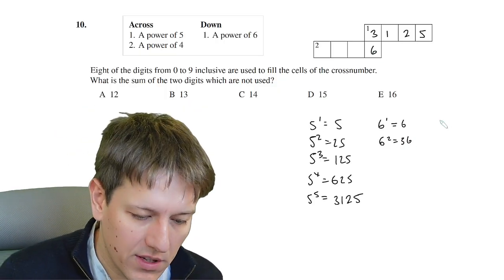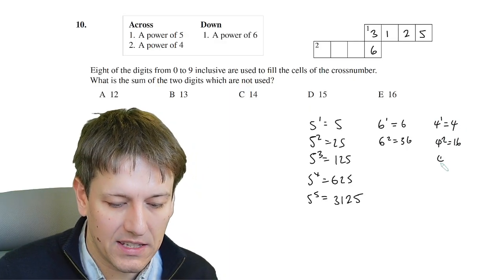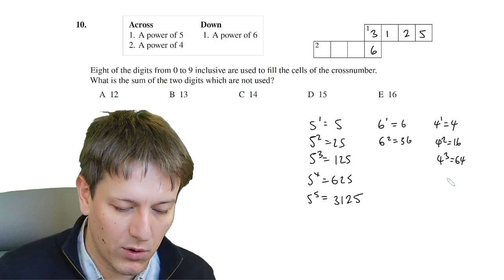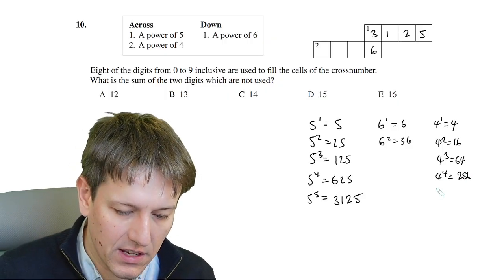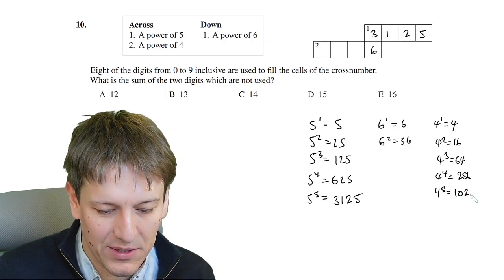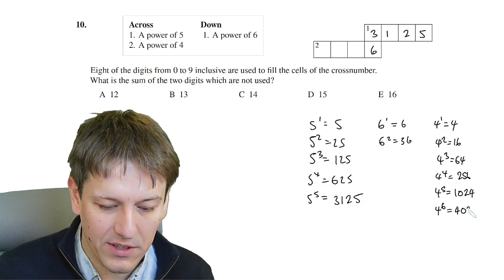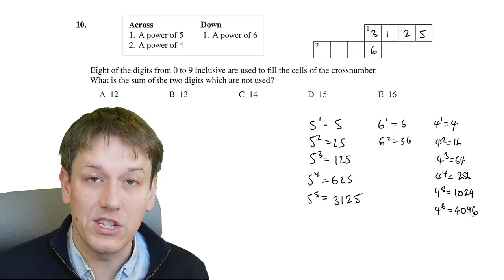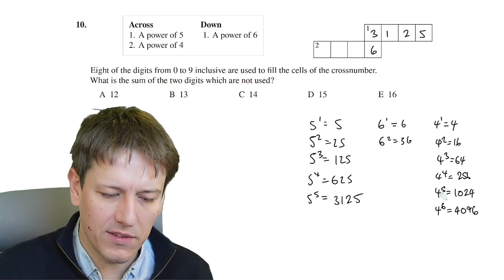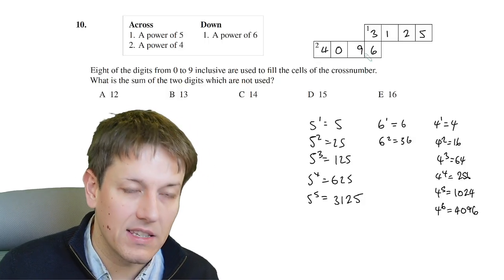And then for 2 across, we've got a power of 4, 4 to the 1 is 4, 4 squared is 16, 4 cubed is 64, 4 to the 4 then is 256, 4 to the 5 is going to be 1024, and 4 to the 6 is going to be 4096. So in this case, we actually do have 2 different options for 4-digit powers of 4 here, so we couldn't have started with this clue, but now we know the last digit is a 6, we get 4096 here, and